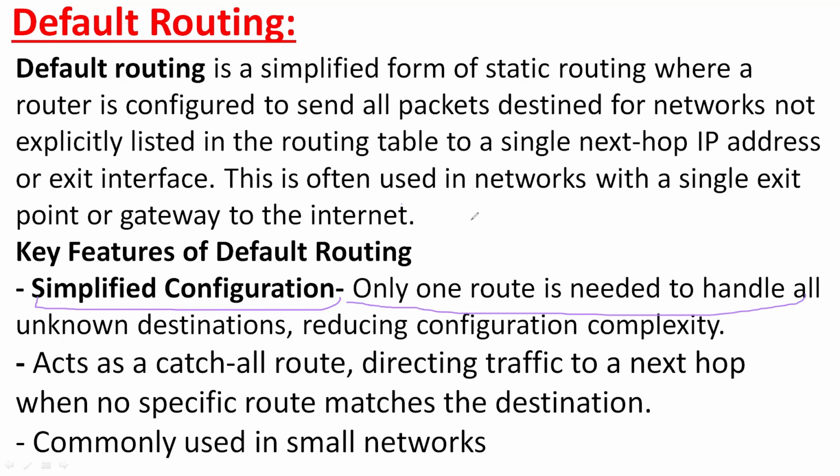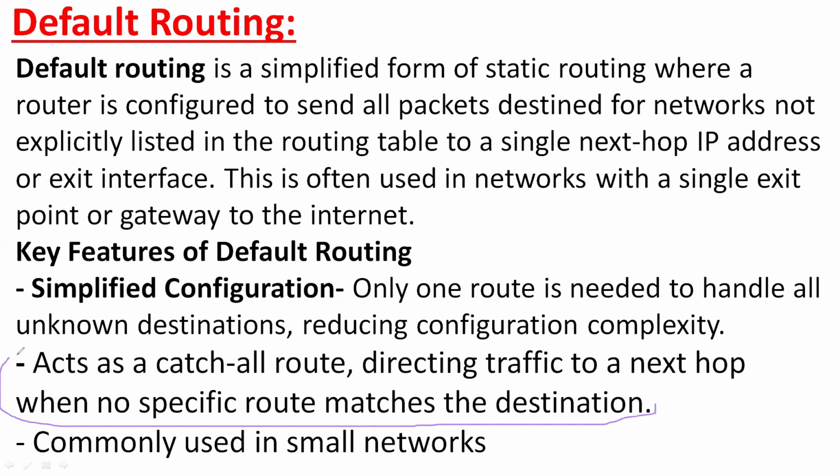From a single configuration we can handle all the unknown destinations, and it reduces the complexity of the network. It acts as a catch-all route directing traffic to the next hop when no specific route matches the destination. Now you don't have to define the destination in the routing table,